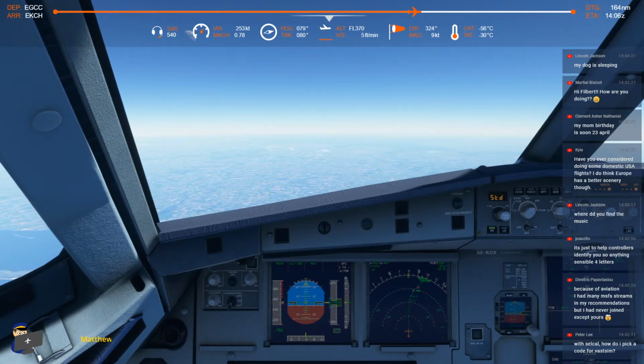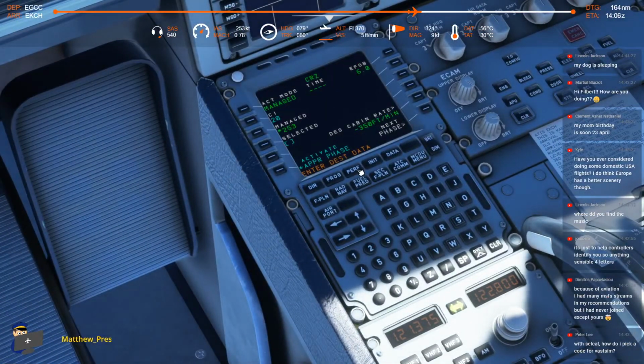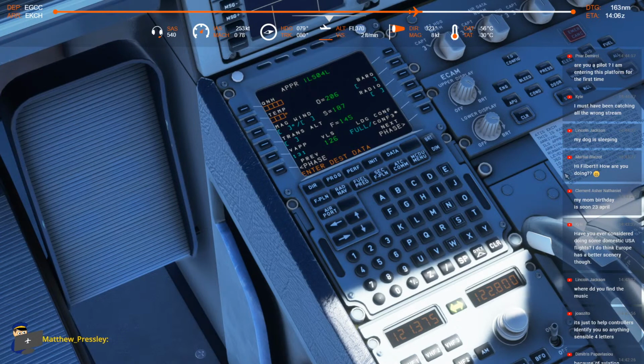Okay, what are we doing? We're going to put in... Right. I've sort of half set up for the approach and then started reading the chat. I need to concentrate, at least for a minute. So we're going to go to the performance approach page and we're going to put in the details from down here from the ATIS. So the QNH is 1016. Temperature is...